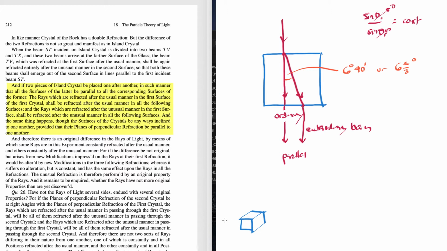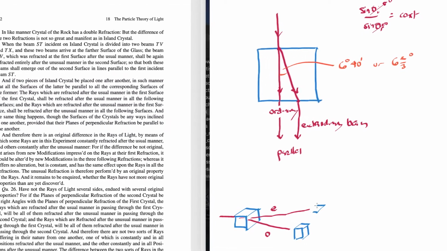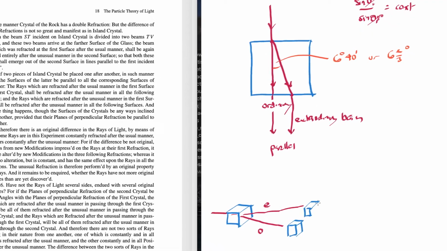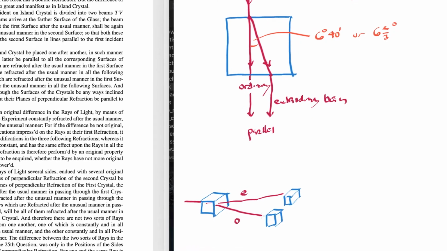But if we have a beam of light coming into this Iceland spar, it will be broken into these two beams, like this and this. We'll call this the ordinary beam, or O, and this the extraordinary beam, like this. And he says, now if you were to take these two beams and pass them once again through different pieces of Iceland spar that were oriented in the exact same way as the original piece of Iceland spar, then the ordinary beam which goes into this one